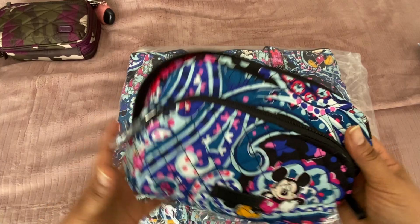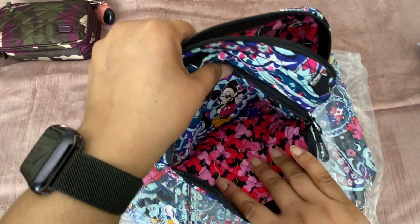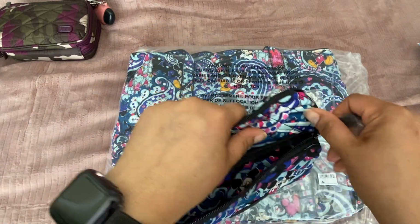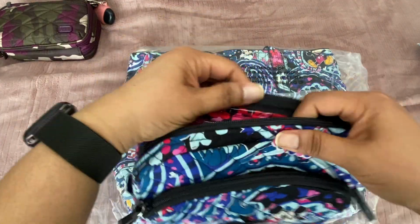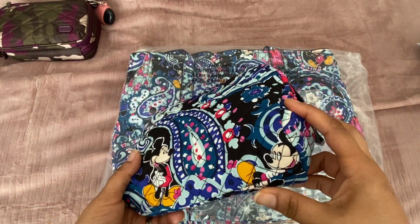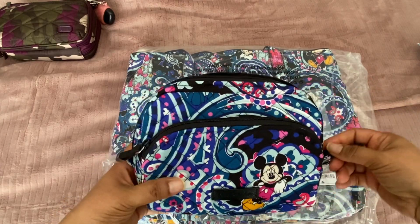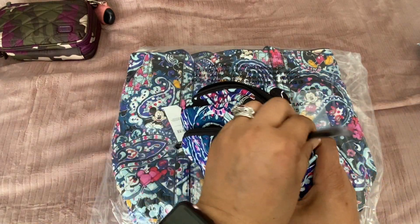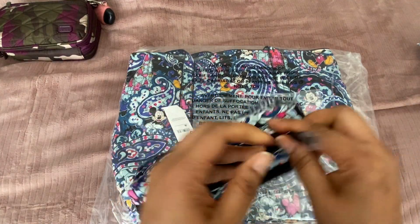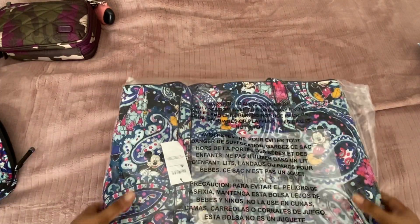So that's exciting. And it has the front pocket right there too, which isn't plastic lined, but you've also got the Mickey in there. How cute. Okay, and then nothing on the back, but also another Mickey and a partial Mickey right there. I am happy with the pattern placement of this one. Oh, the tag is caught in there. Anyway, okay, let's move on to